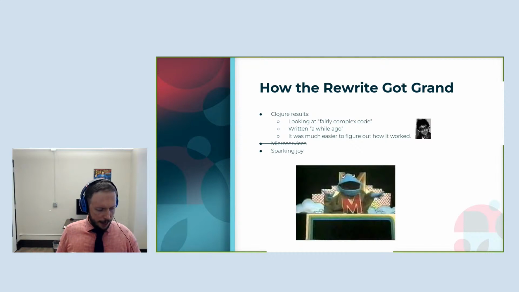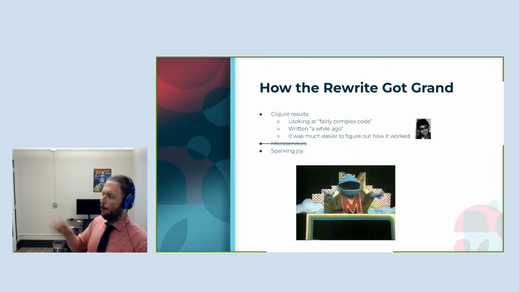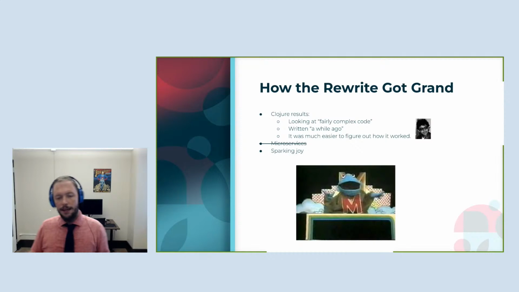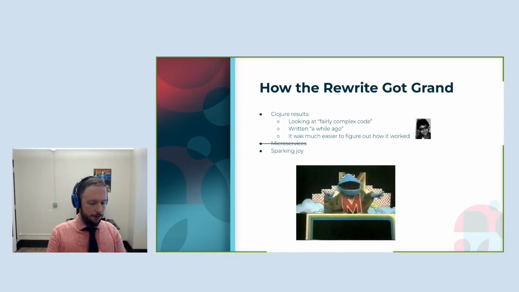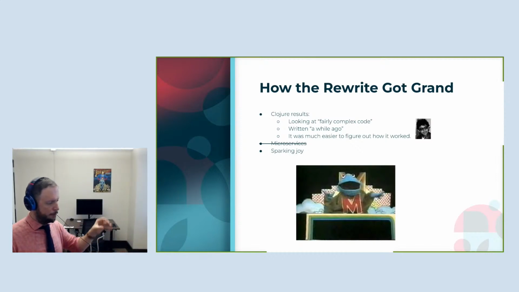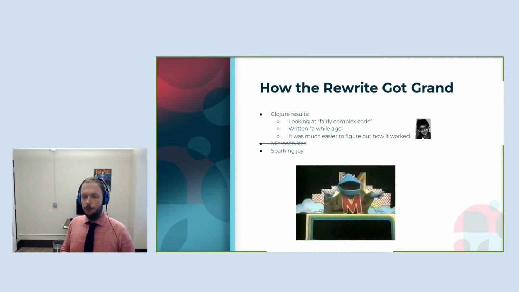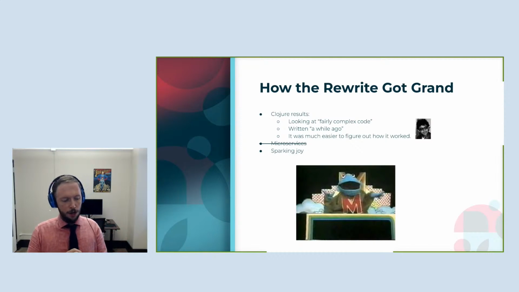So yeah, I was on one of the first new features that we built after the launch of the Clojure service. It was a data request feature to say, hey, partner, can you share this data with me? And we came to a little bit of a crossroads where we considered, should we implement this in Python? Should we implement this in Clojure? And we knew at this point that if we implemented this in Clojure, it was going to be inevitable from that point to end up rewriting all the Python code.